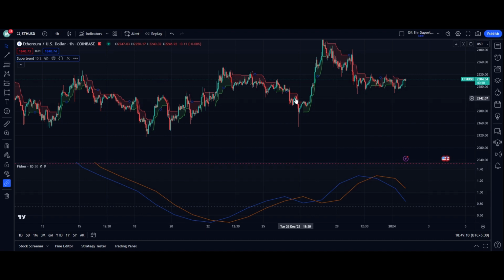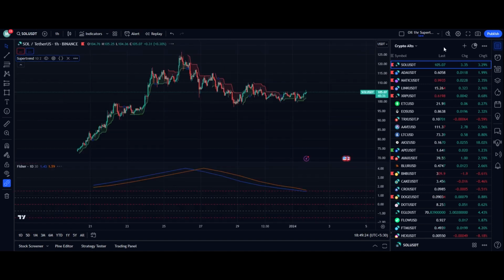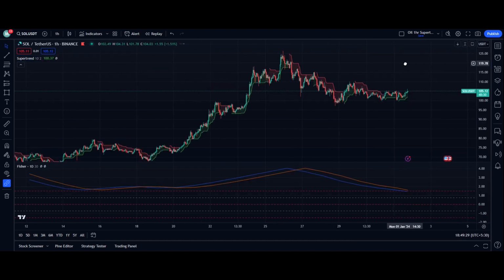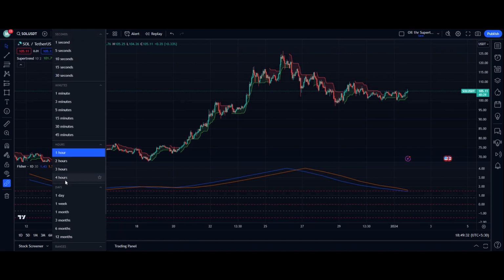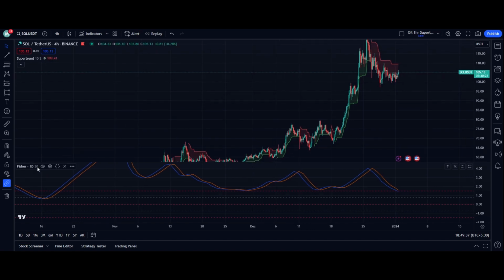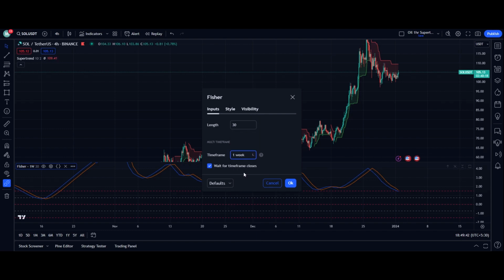So I think that about covers it on the 1 hour. Now we may also look at some of the other altcoins or some of the other markets as well. Depending on the necessity, those markets can be too volatile for the 1 hour strategy to work well with them,